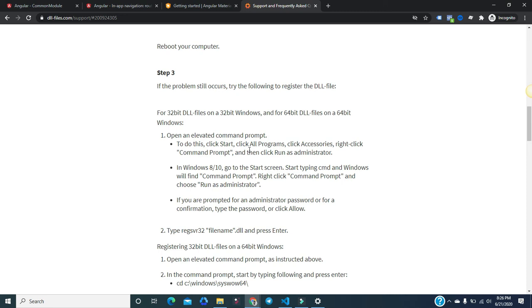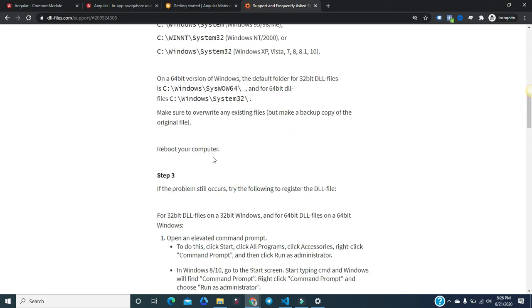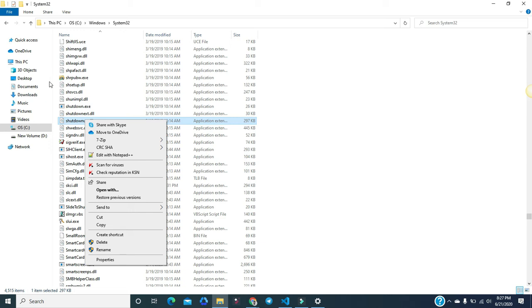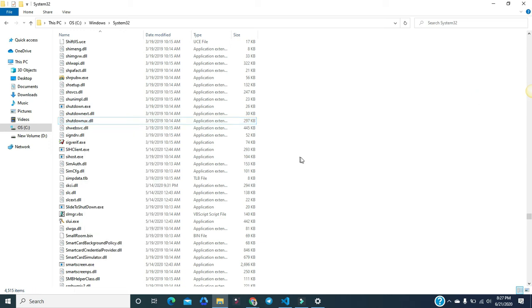And the third step is, one important note here: whenever you are placing your DLL file after downloading, make sure you take a backup, because this is very important. If a certain DLL does not work after downloading, you can replace it with your backup. So before doing anything, just back up, meaning you just copy it and keep it anywhere, and after replacing, you see whether your issue is fixed or not.